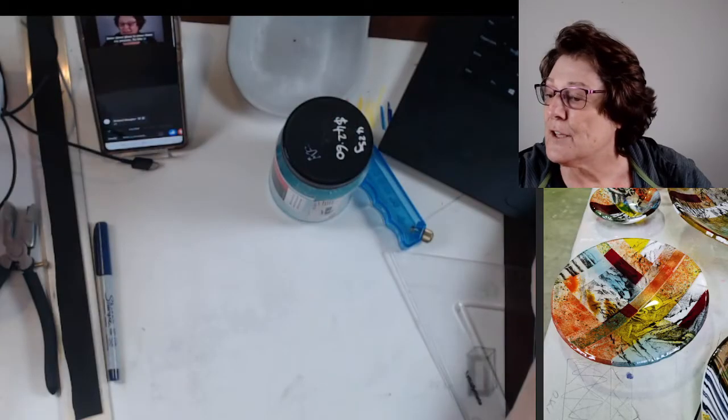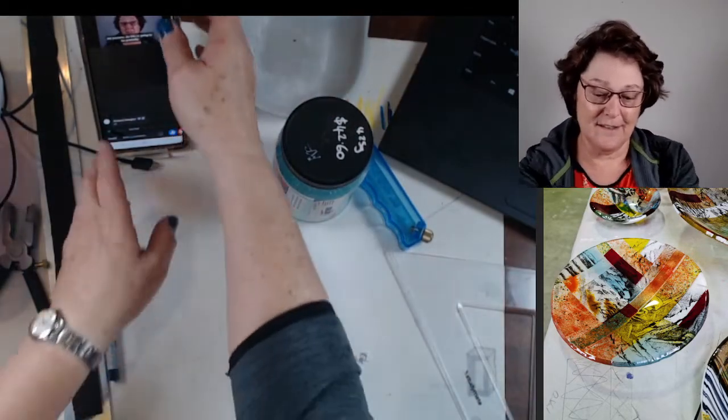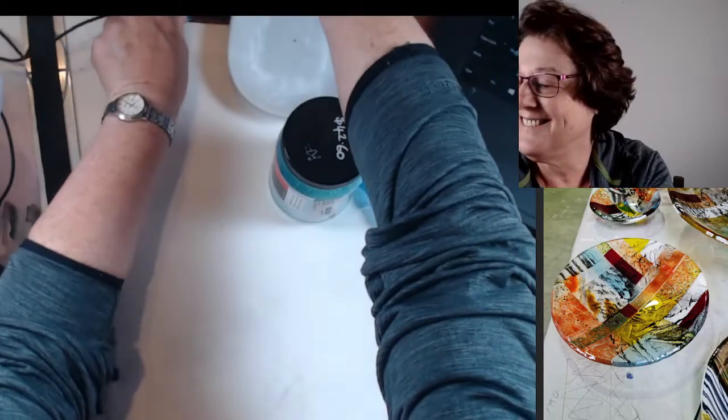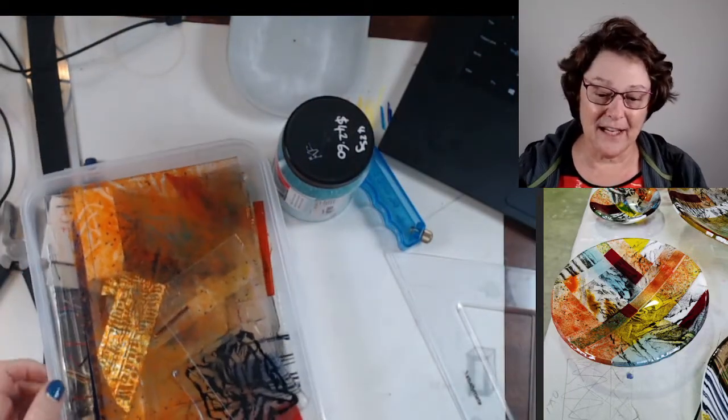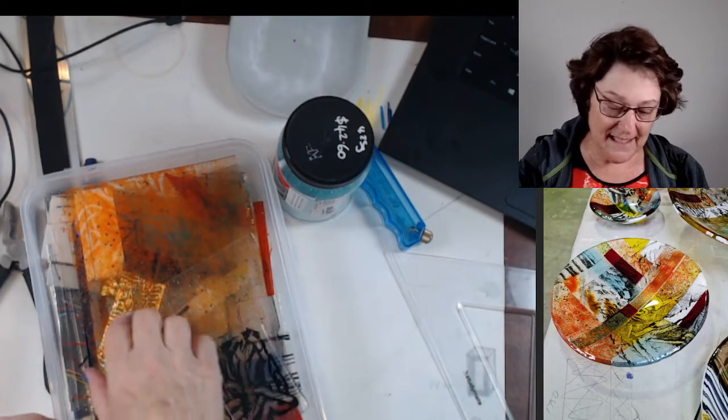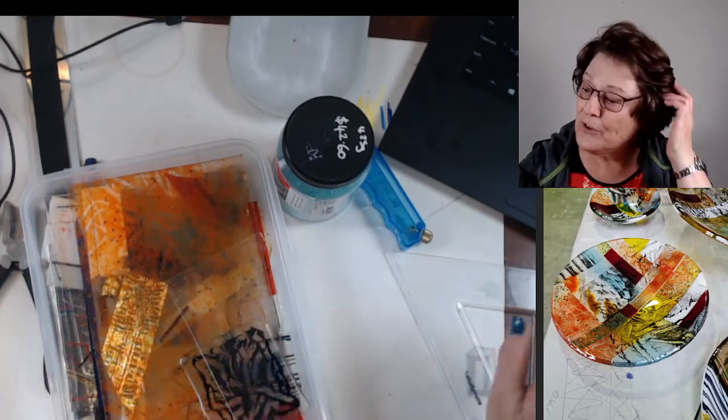I will be doing a tutorial for people who already know about glass to show them my process. So this is going to be probably a little bit more simplified than that. So I am going to pop down to there, which is the big mess in front of me. You can see I've got all sorts of interesting bits and pieces here, which is the glass that I use,